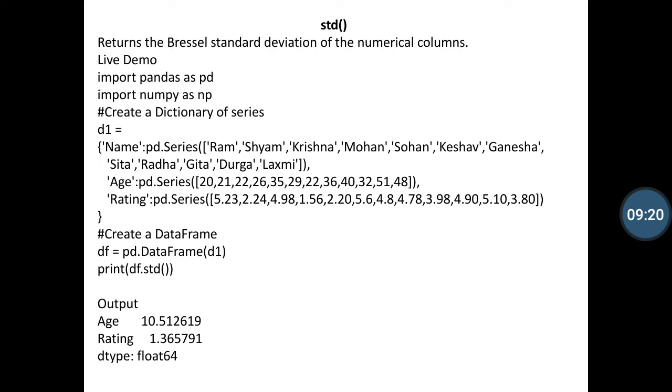And then after that I am defining another statistical method, the standard deviation value. It returns the Bessel standard deviation of the numerical columns, and then import both of the libraries and create the dictionary variable d1 and create the dictionary as per the previous slide,